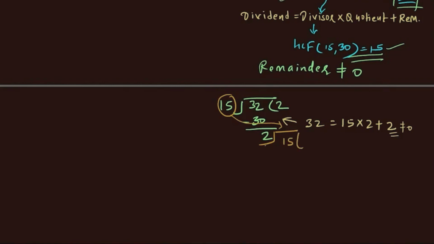We now get the remainder equal to 1, which is again not equal to 0. So again here we can write 15 as 2 into 7 plus 1. Since the remainder is not 0, we cannot consider the divisor here as the highest common factor. So again we will repeat the same step, that is, we will now consider the remainder as the divisor.